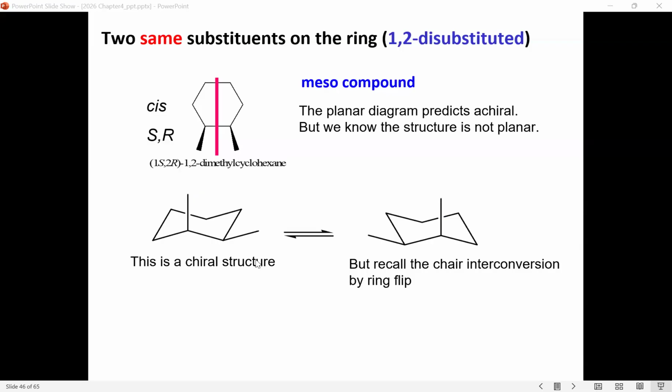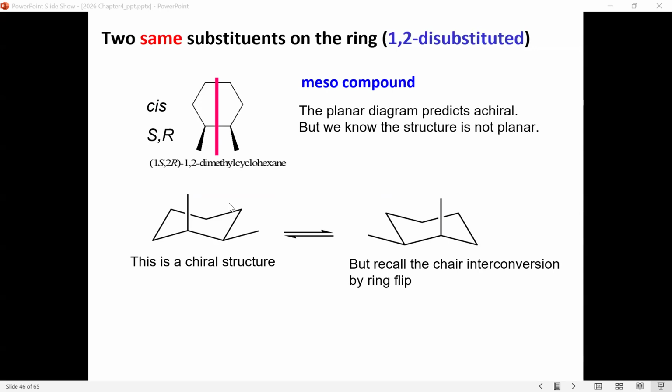With the ring flip, you change equatorial to axial and axial to equatorial. Because the two substituent groups are the same, these two ring-flipped structures have the same energy, one equatorial and one axial, each 50% in solution. These two molecules are mirror-image enantiomers, but in solution they are in a 1-to-1 ratio. Two enantiomers in a 1-to-1 ratio, we call a